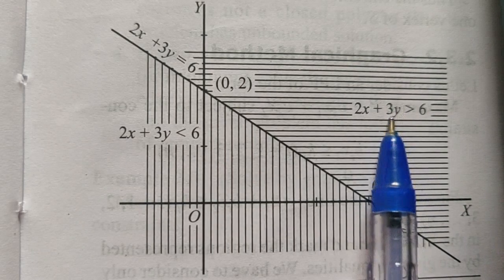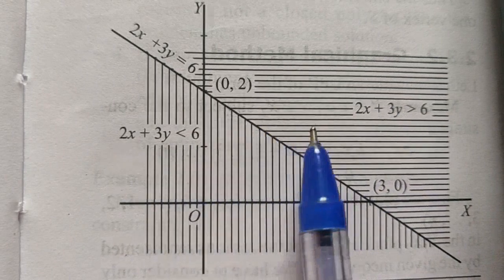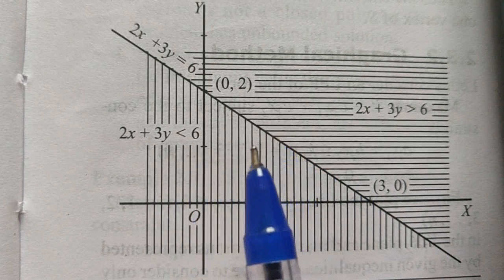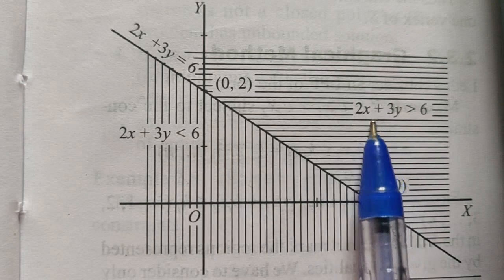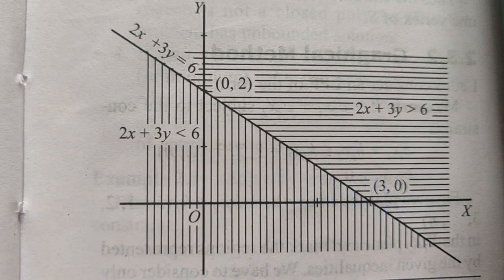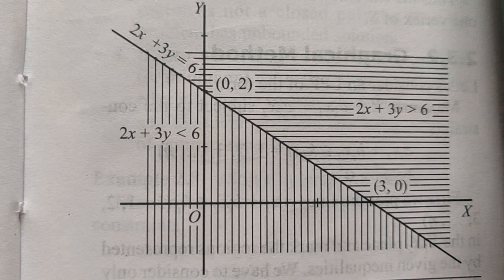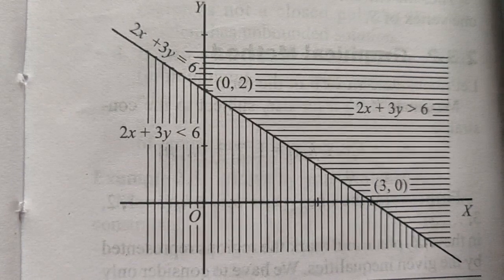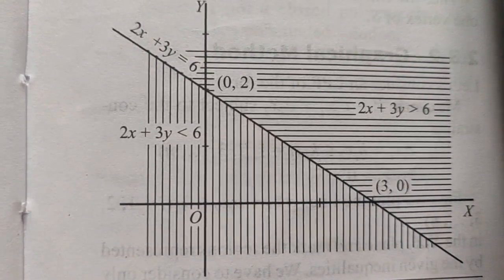Thus all the points satisfying the inequality lie on that side of the line 2x plus 3y is equal to 6, which contains the origin, and 2x plus 3y greater than or equal to 6 represents the set of all points lying on the other side which does not contain the origin. So based on this fact, we can find the region represented by the constraint inequality. For each constraint, we will obtain a region, and the intersection of all these regions represents the set of points which satisfies all the constraints, and it is called the feasible region.